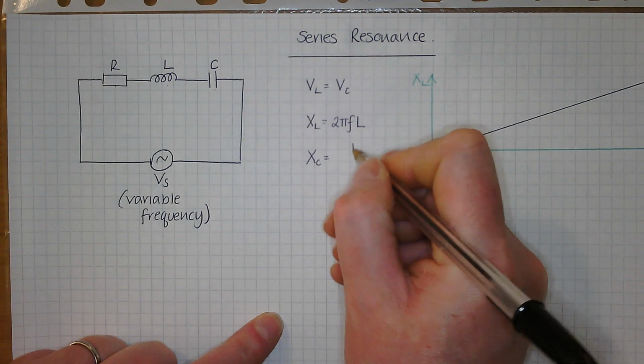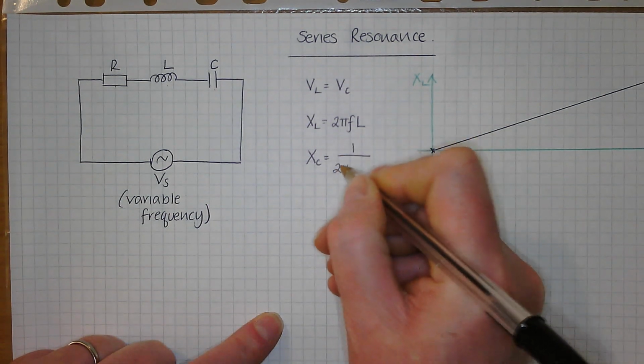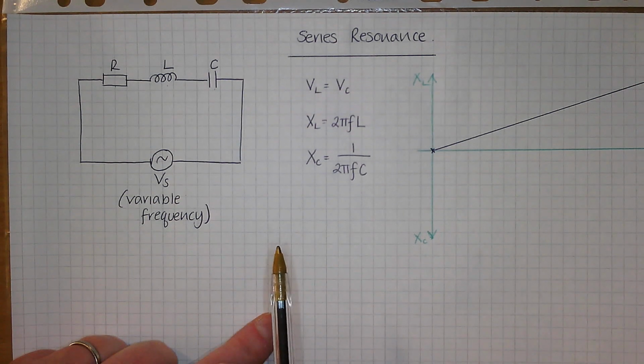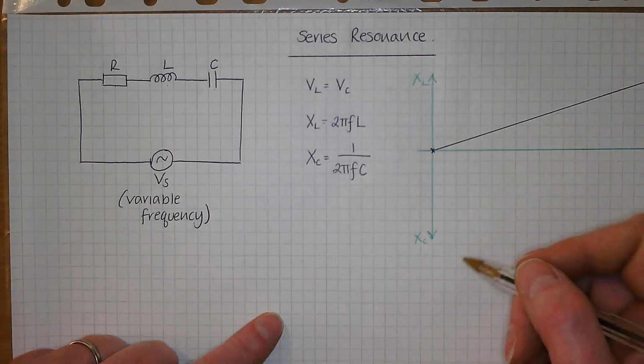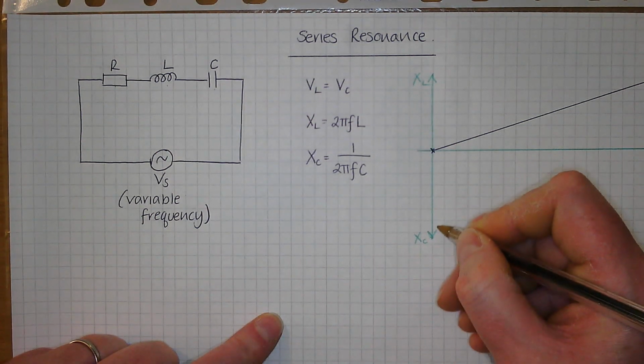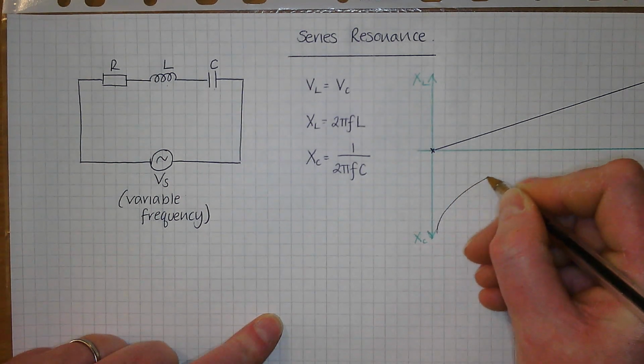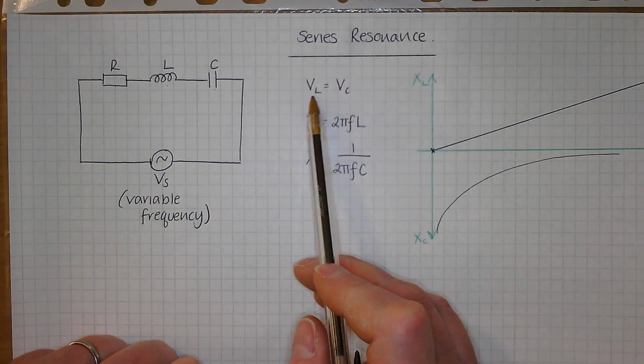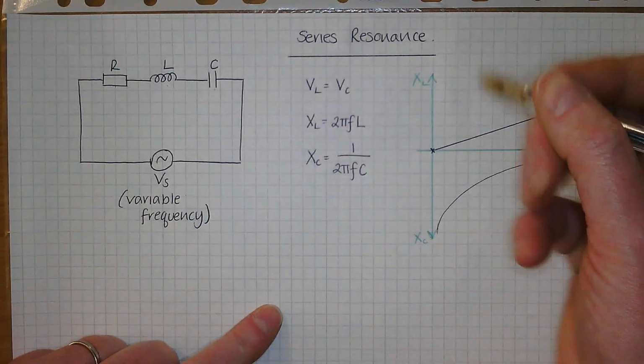XC's got a different formula. XC is 1 over 2 pi FC. So what happens to XC as F increases? It would decrease, but it decreases in a kind of exponential way, so it will never hit that curve. So it will come down, kind of like that. At the point where you hit resonance, as in VL is equal to VC, your impedance